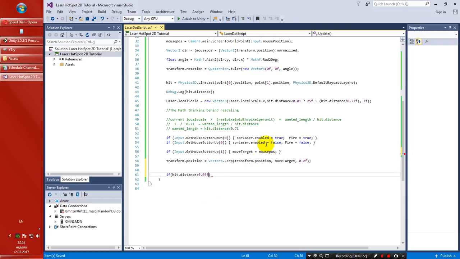Again, it's the same analogy to this thinking. Now if it's greater, then it's actually hitting somewhere, and if it hits, if this is true, and fire, remember the fire, and if the fire is actually activated, then we just